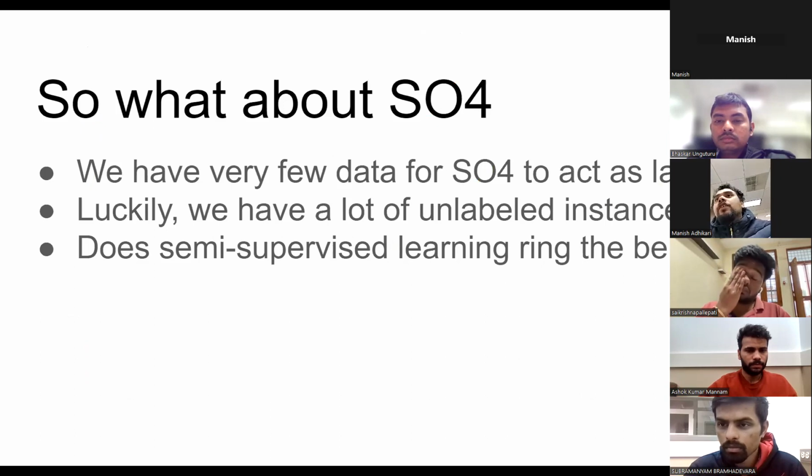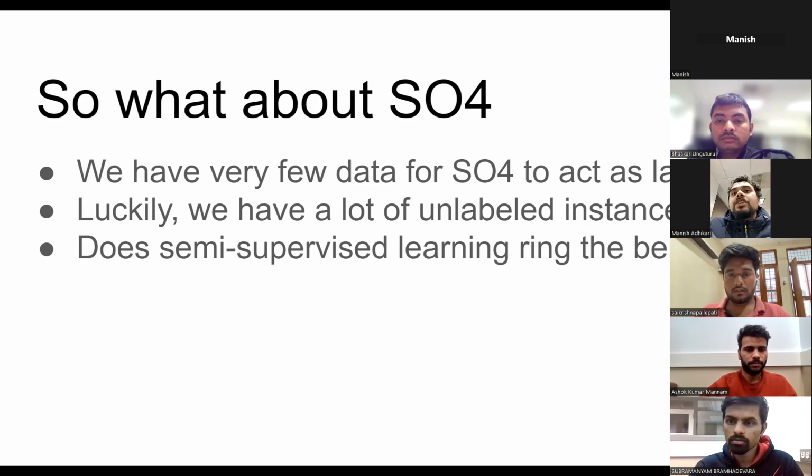So what about SO4? I just mentioned that we are not going to fill in data by linear interpolation, because if there are too many data missing, filling in speculative data is not a very wise idea. So we have very few data for SO4 to act as labels. But here is the thing: we have a lot of unlabeled instances. That means there are a lot of rows where SO4 is missing, but there is data for other things. So what we have tried using is semi-supervised learning